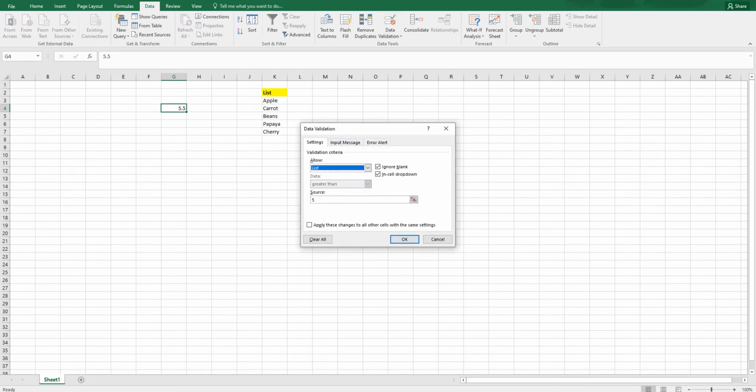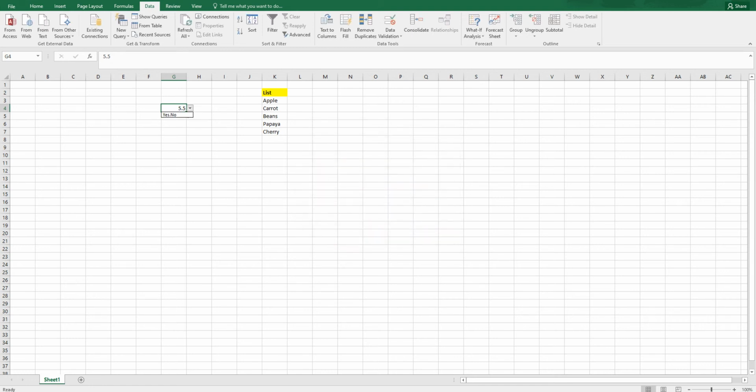Alright, let us move on to the next option that is available here. There is something called list here. This is basically like a drop down. What you see here is a list which has been created using the data validation, so you can only select values which are available in this particular drop down. There are two ways you can define the list. One is, let us say you want to have yes and no as a drop down, I am going to just type in yes